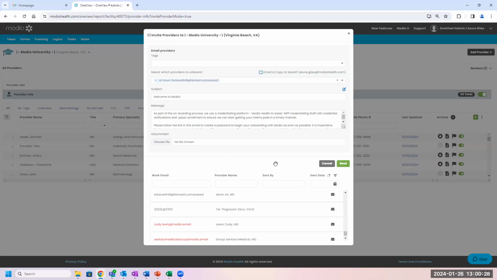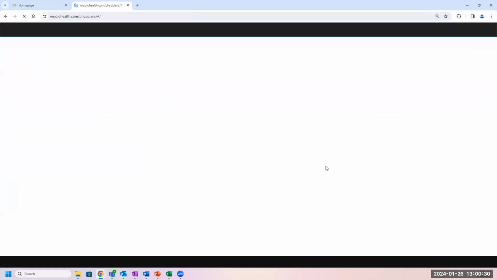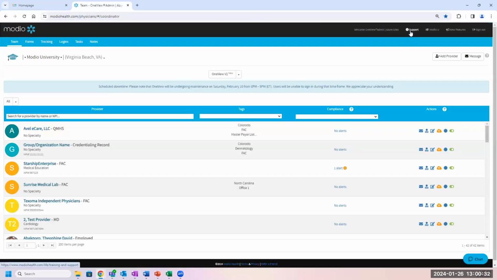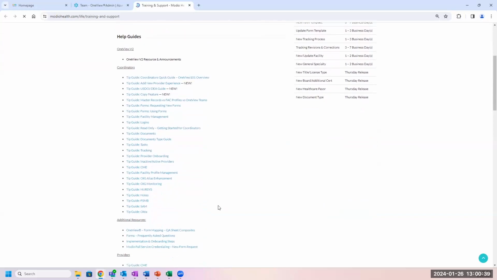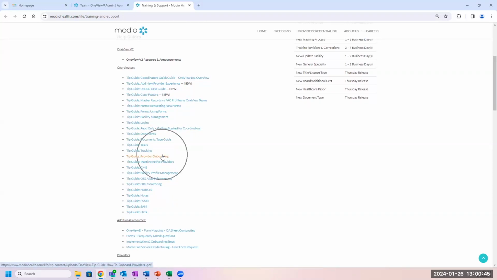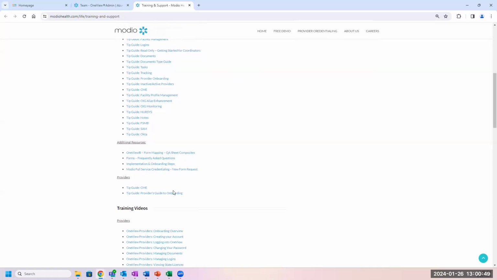So I'm going to go ahead and hit cancel out of here, and I'm going to pop out here to the support page. So when I click out here on support, we're going to come down. At the top under coordinators, there is the tip guide for provider onboarding. This is the one that's aimed at all the coordinators. If you come down a little bit further, you're going to see that there is a tip guide that says